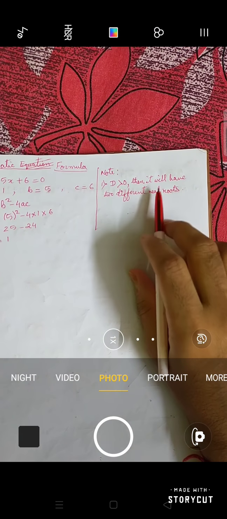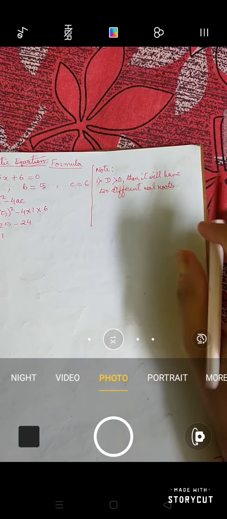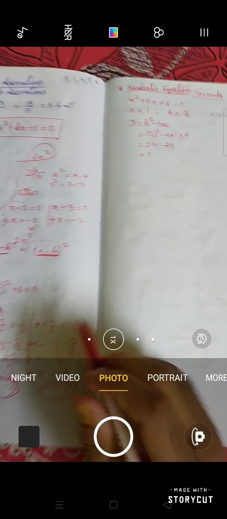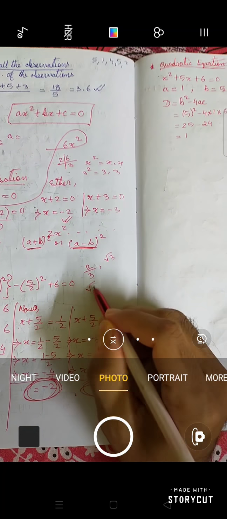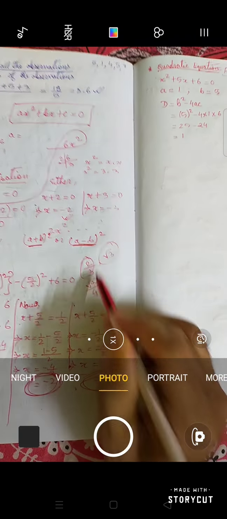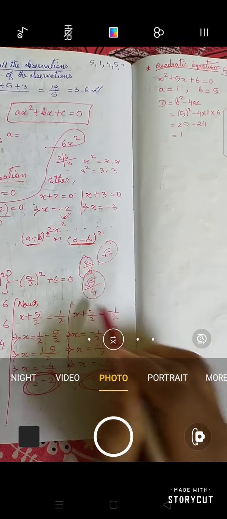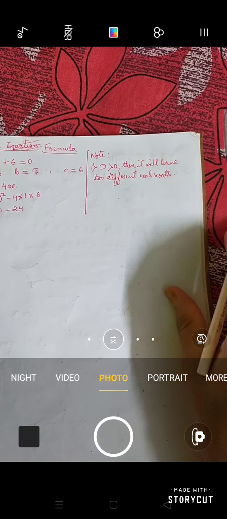Here, real roots means you have studied real numbers. A real number is a number which can be either a rational number or an irrational number, and together they are termed real numbers. For example, your answer can be 2 by 3, you may have root 3, you may have root 3 by 4. All of these together are known as real numbers. So these are called real roots. Is it clear? Sometimes you may get a rational number, sometimes an irrational number, so together we say that it is a real root.